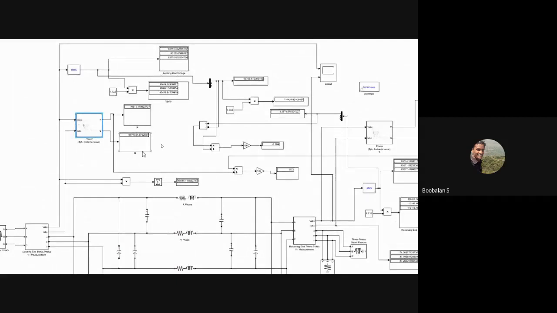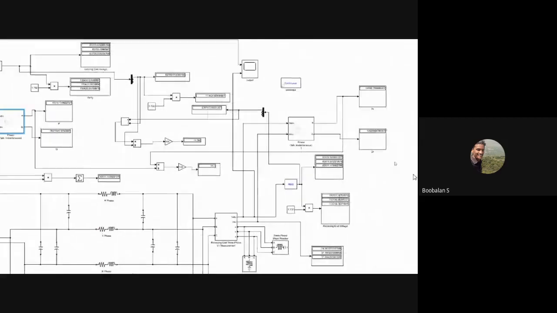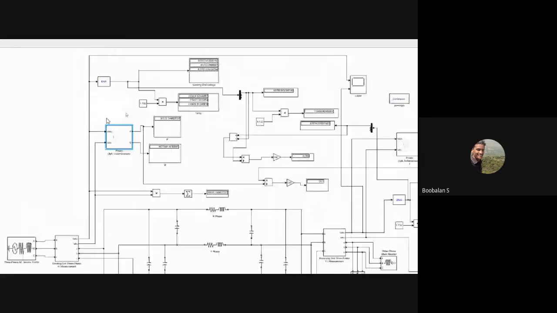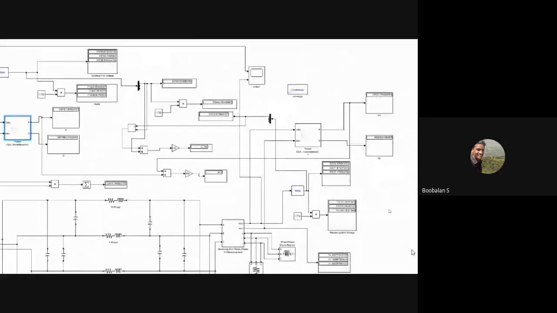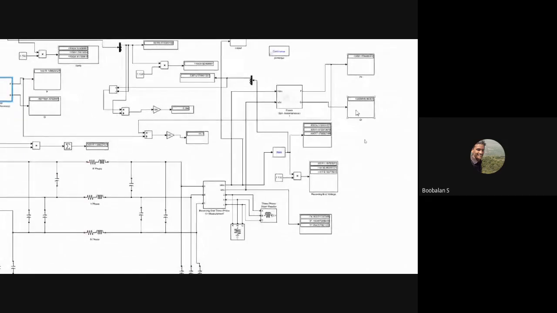And next, coming to my next thing. See, this is the same thing at my receiving end. The same thing which we have calculated over here, I'm going to copy and repeat at the receiving end side. VABC, just follow my cursor point. VABC and IABC are going to the instantaneous power calculation, where I can calculate the receiving end power and receiving end reactive power. In the same way as we calculated the receiving end voltage, we need to use RMS, and I'm going to display it. This is my receiving end voltage.